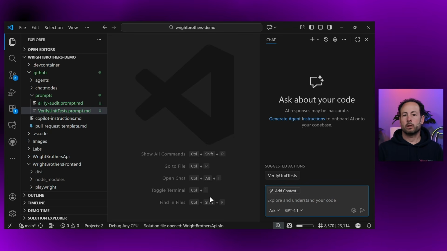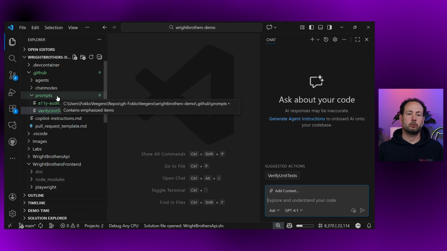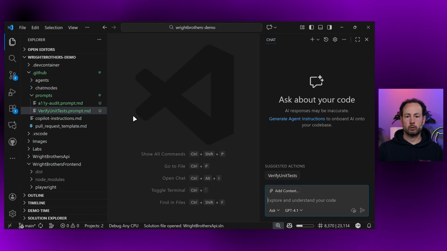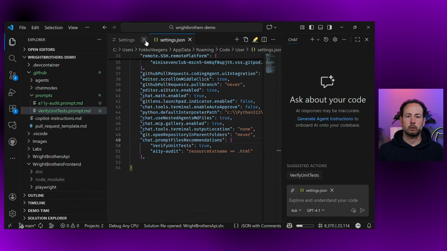Sometimes it's nice to have a little bit of help to discover which prompt files are available. As you may have seen before, you can store ready-made prompts in the .github folder in the subfolder called prompts, and these might not be so discoverable. So what you can do is inside of your settings, let me go to my settings here, and you will need to edit this in the JSON view of your settings. You can have a chat.promptFilesRecommendations section,